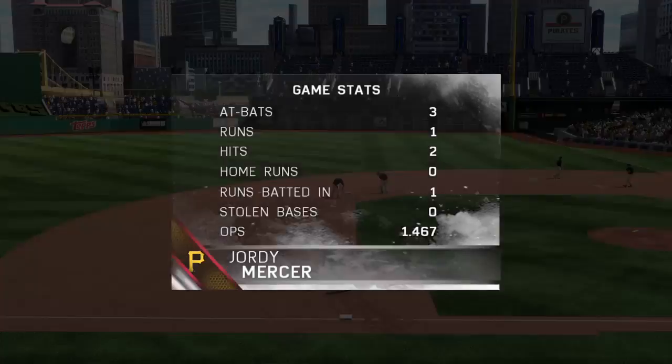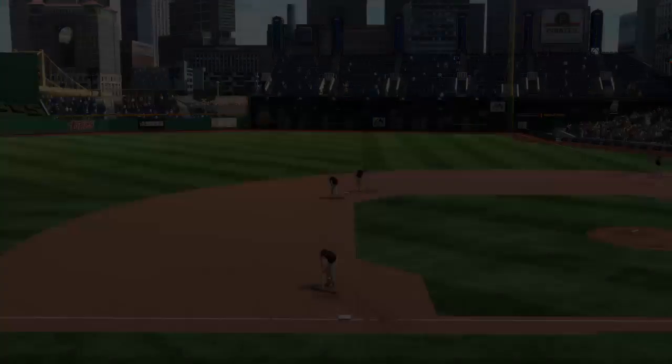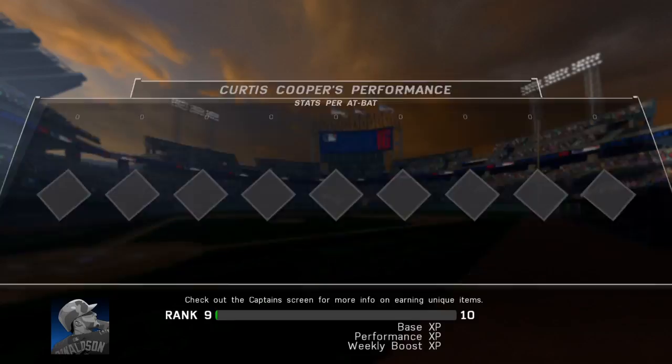Not a lot of offense in this ball game, but what offense was provided came primarily from this guy, our top player of the game. Yeah, you see a couple of hits for him in the ball game. This one was tight throughout, but in the end, he really...